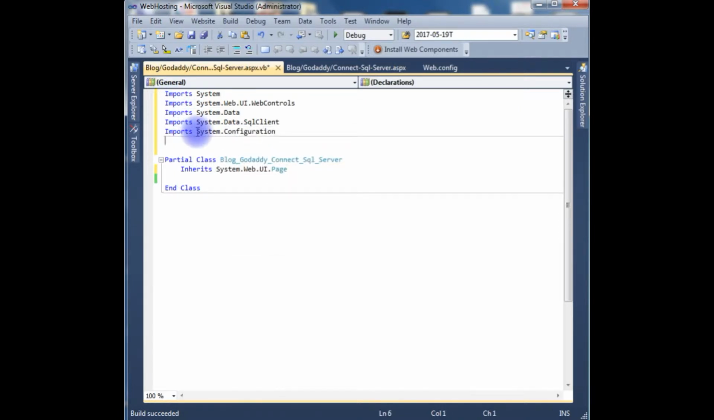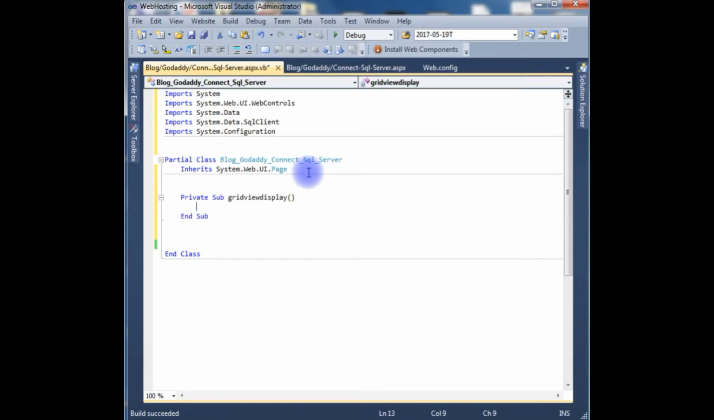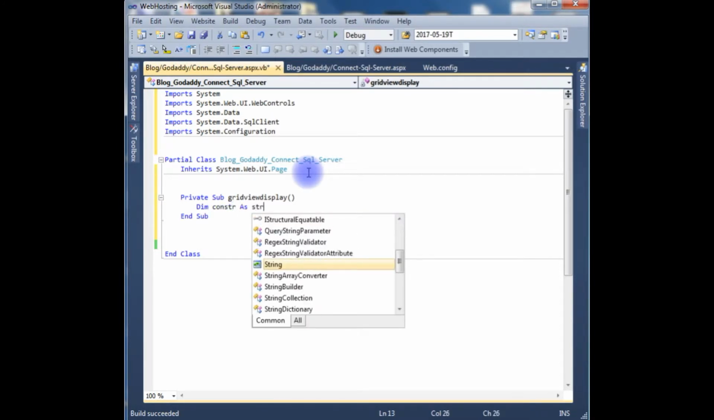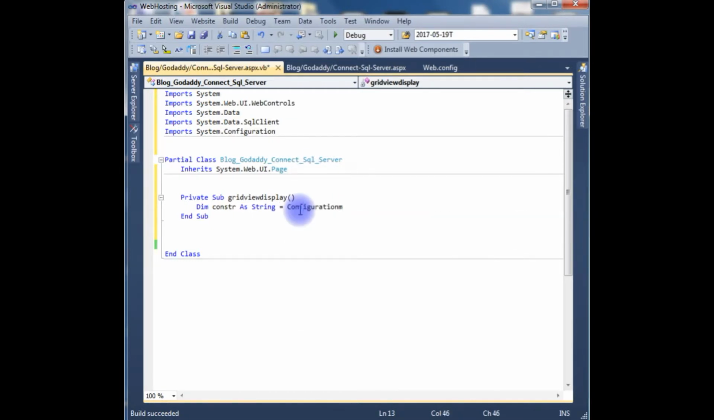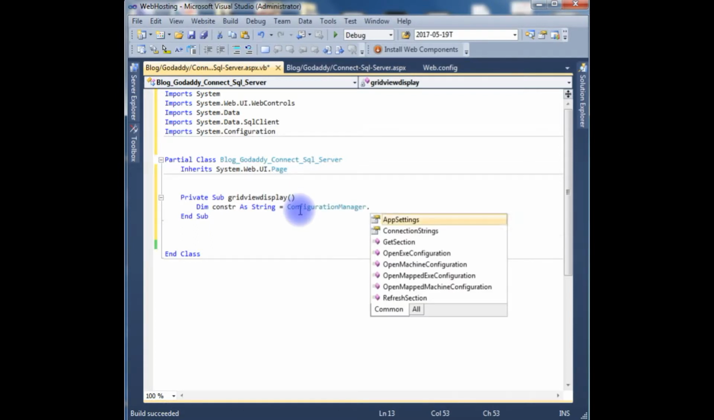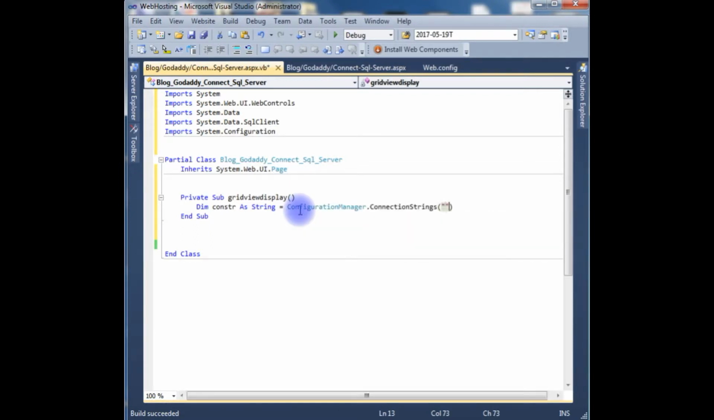After adding the namespaces, now we create a method. Private Sub GridviewDisplay is a method. In this method, we will write the connection string settings. Dim connection string as String equals ConfigurationManager.ConnectionStrings dot ConnectionString,